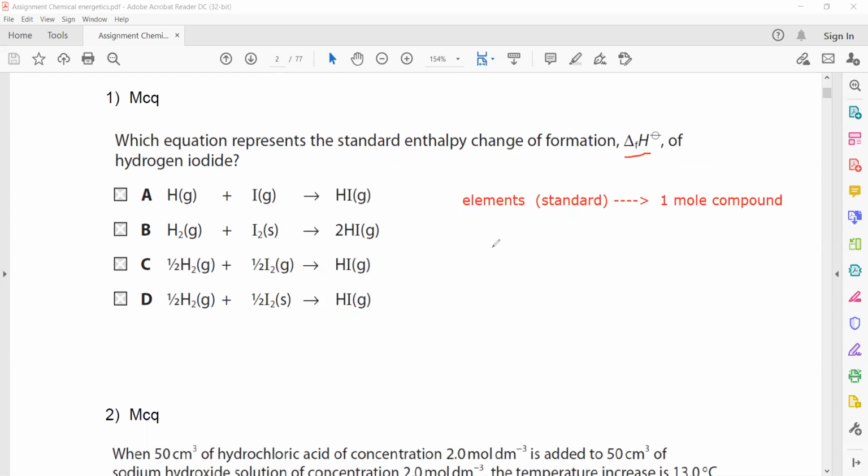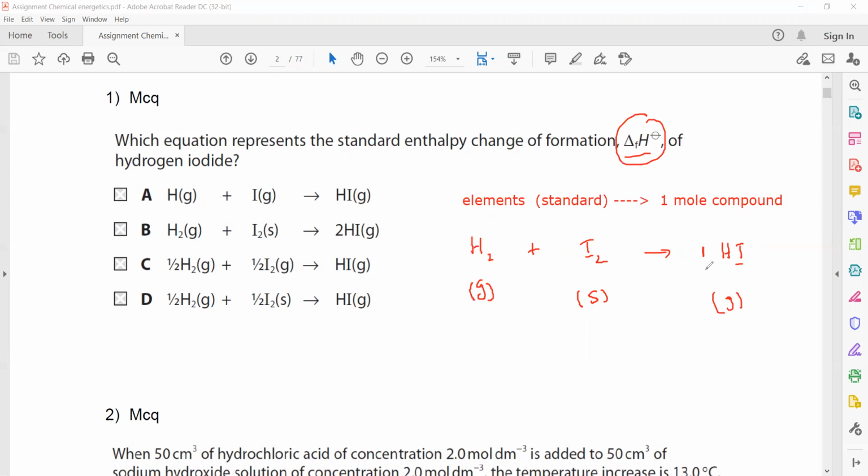So we have the elements here because the element hydrogen is reacting with iodine to form hydrogen iodide. For elements in the standard state, hydrogen at room temperature is a gas, so hydrogen should be a gas. And iodine at room temperature is a solid, so it should be solid, forming hydrogen iodide, which is also in a gaseous state. Then the equation must be balanced. Here we have one iodine because the condition for standard enthalpy change of formation is that 1 mole of